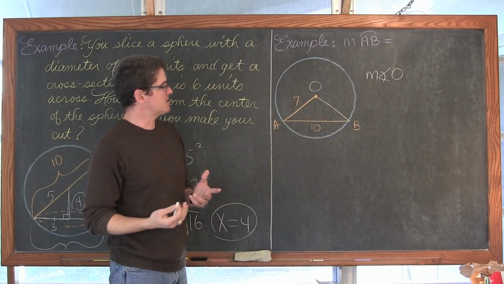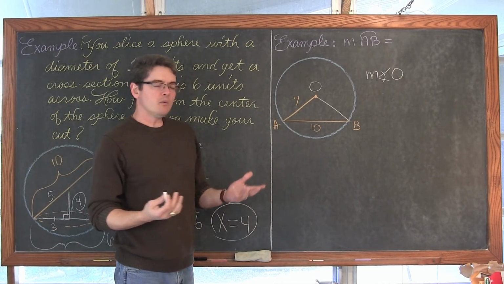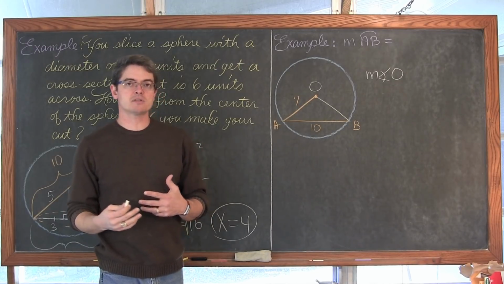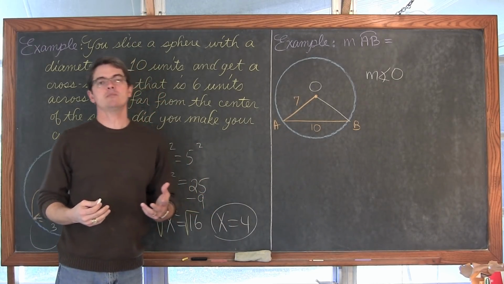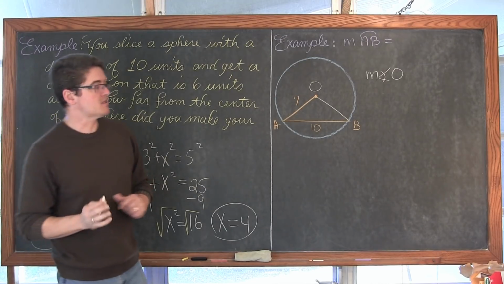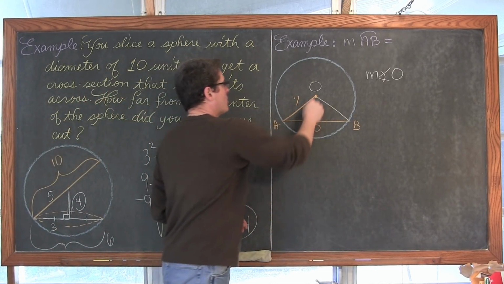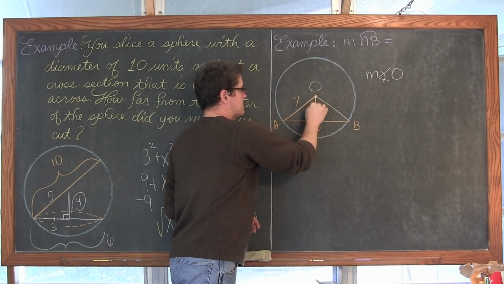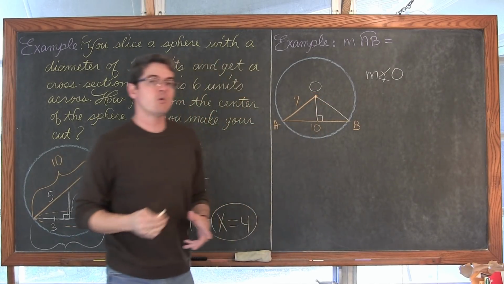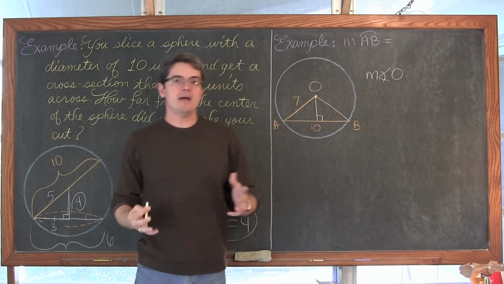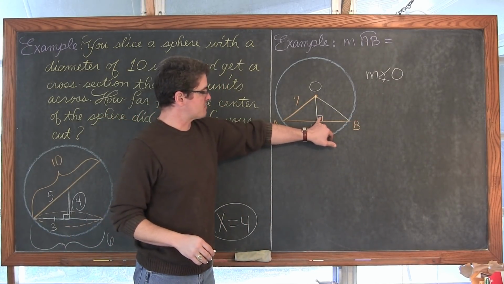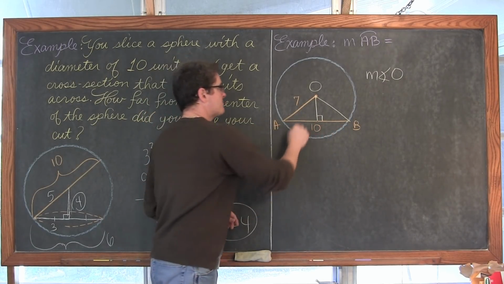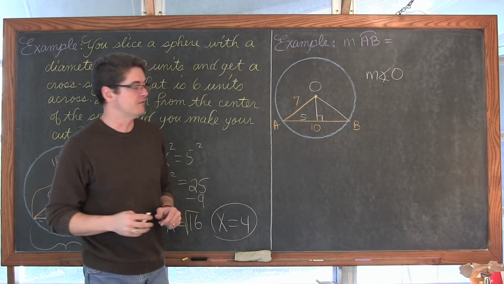Okay, well that's fine, but depending on what you covered in your class, you might have done law of sine and cosine, or you might have just stuck with your basic right triangle trigonometry, which was SOHCAHTOA. And that's what we're going to use. We're going to drop a perpendicular down from the center, and make it perpendicular to our chord with a length of 10. That means that we will know that if this is perpendicular, we're bisecting this chord one more time, and if the entire length is 10, then this portion of it is equal to 5.